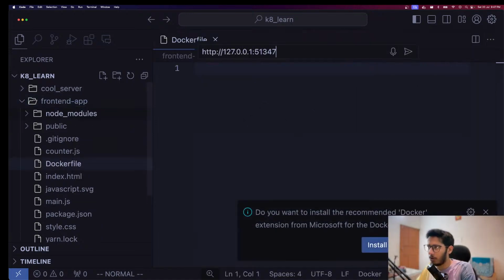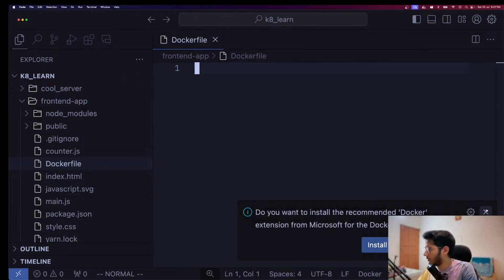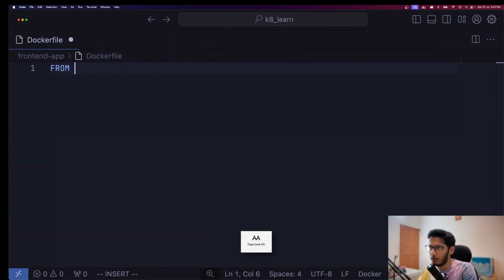Amazing. We have a Docker file, and now what we'll do is we'll just cut this off. We'll say from